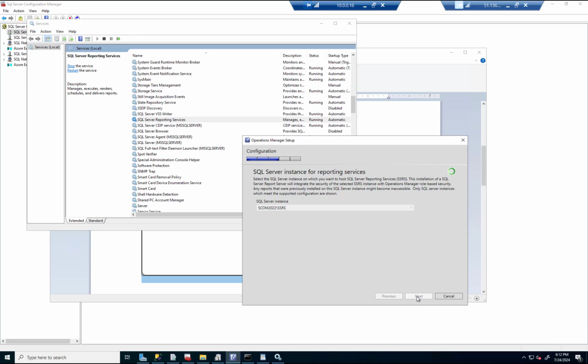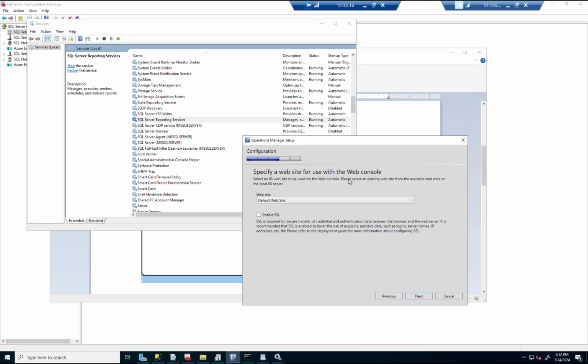Click next. It's just communicating with the reporting server, and it's continuing. If you need to enable SSL, you can enable it from here, and you need to do it from the IIS. Otherwise, you're good to go. Click next